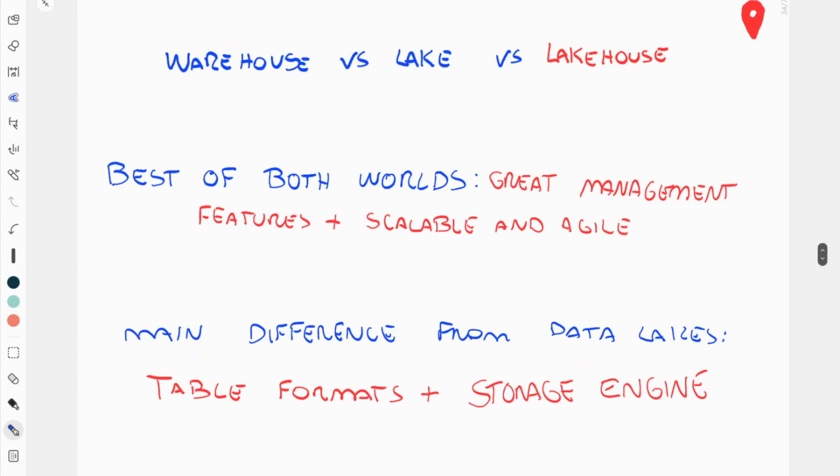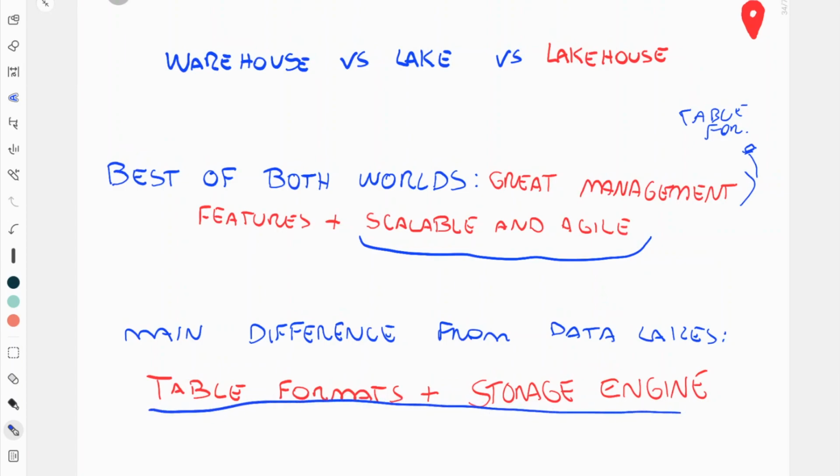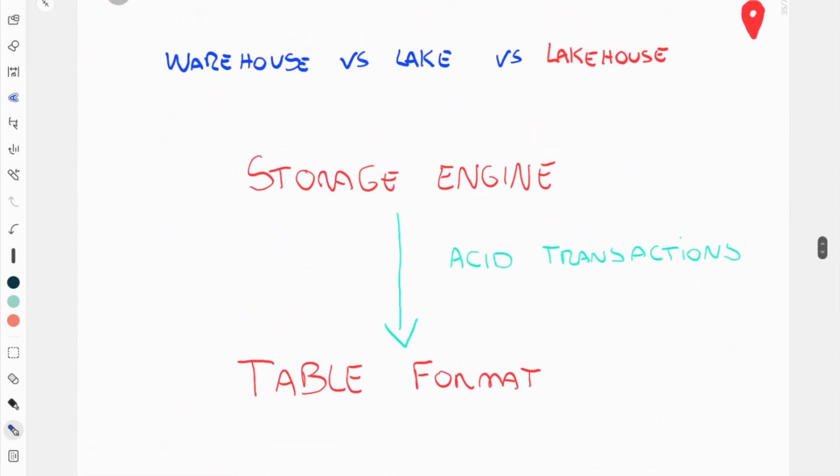And we can say that Lakehouses are the best of both worlds because they have great management features, the table formats, and they are scalable and agile, as Data Lake already was. So actually, the main difference is table format and storage engine. And